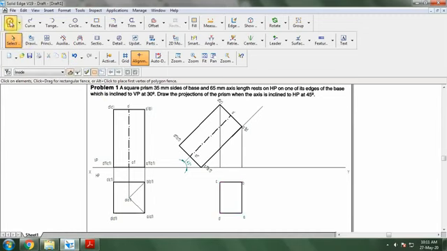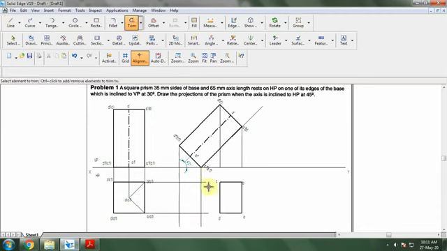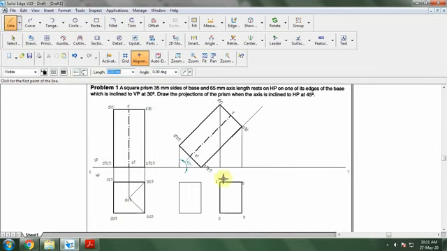Now I'll go for the second face, where DC is visible and AB, the bottommost, will be invisible. So I want to draw the lines again and go for trim. Now I'll name this: A1, B1, C1, and this will be D1.